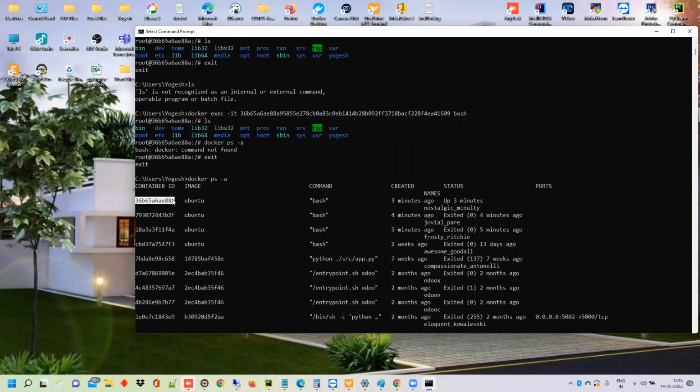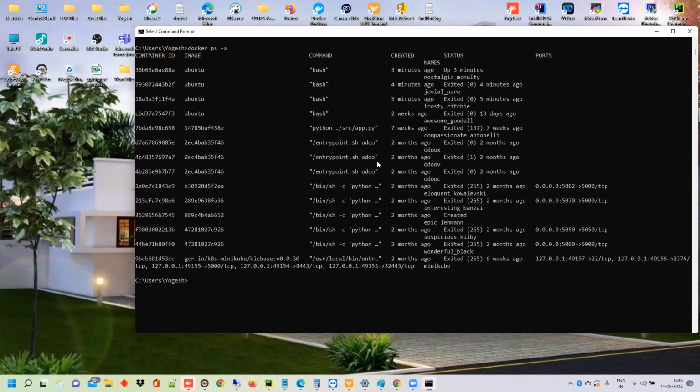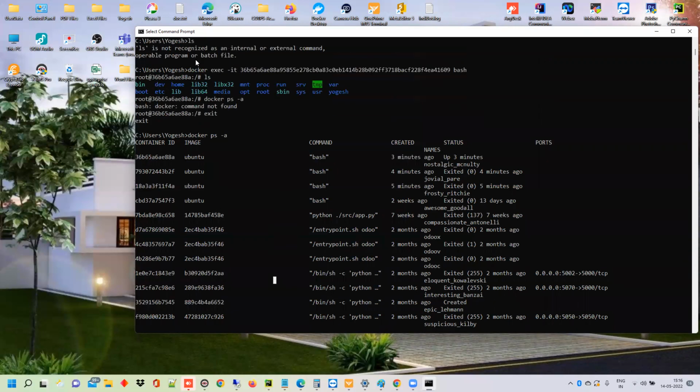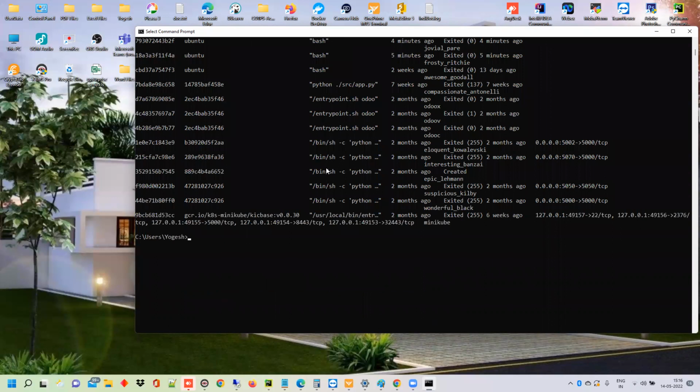Even the first few letters, this much you can take and you can work on the container. Whenever you want to refer to this container ID, you don't have to refer to all this big ID. This much is enough to go and play with the container. Now, this container that is running, we have created one directory, and now we have to save this container as a different image. So what we will be doing is Docker commit